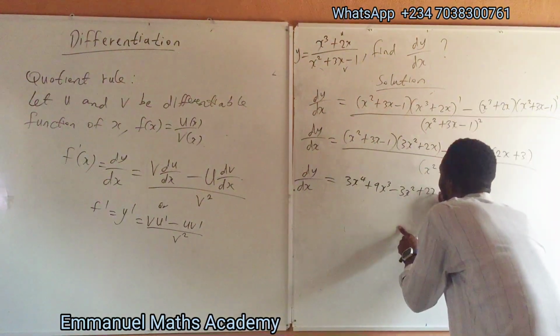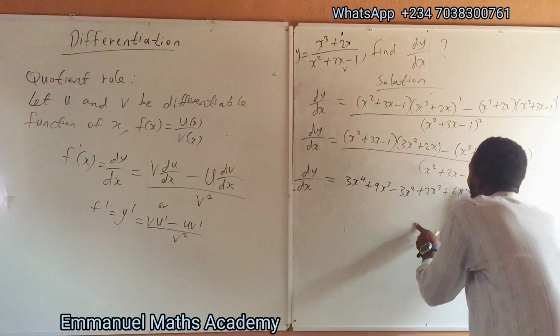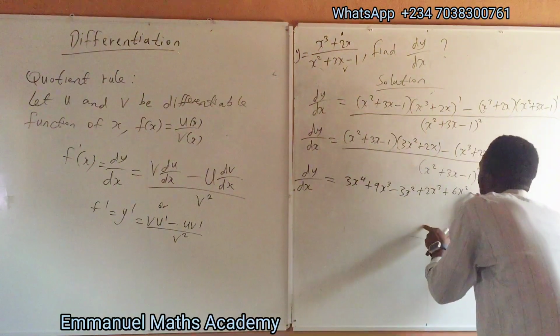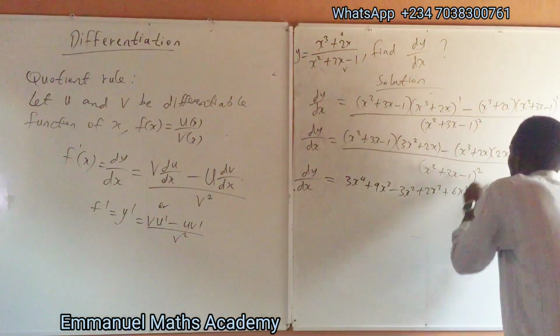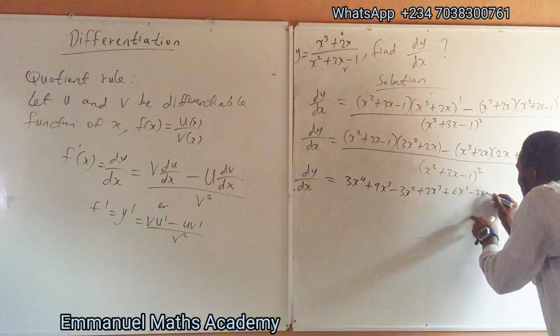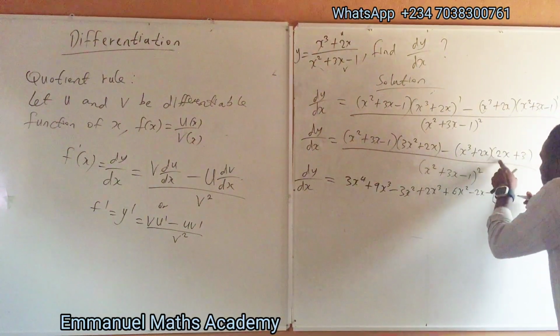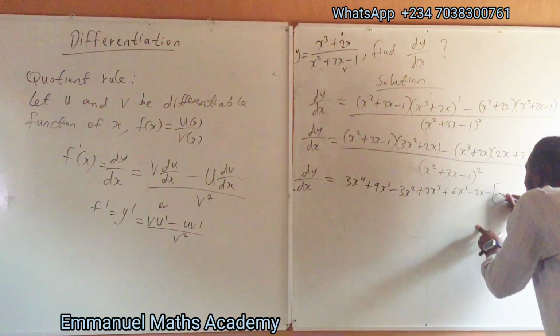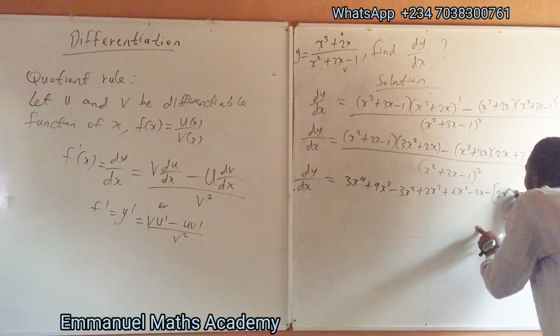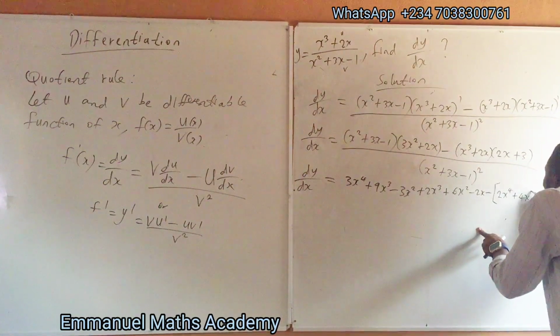You have 2x^3 plus 6x^2 minus 2x. You now use this. Oh, remember there is minus here. Use this to multiply this. You have 2x^4 plus 4x^2